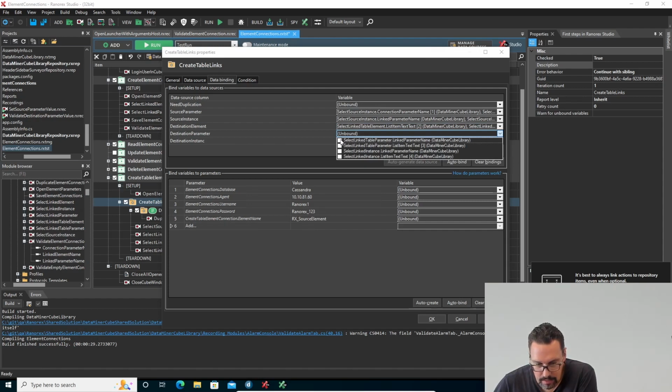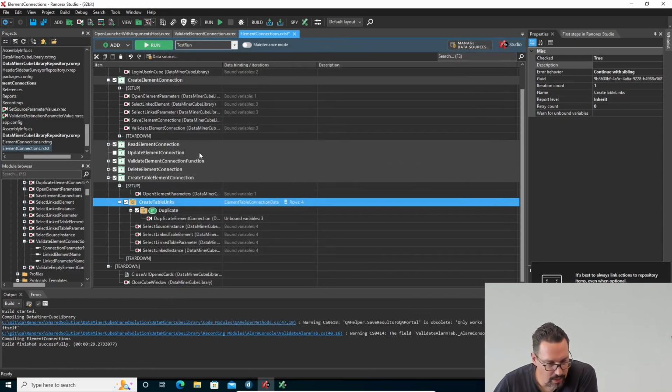Okay, so destination parameter is the linked parameter name, and destination instance is the selected linked instance. Okay,